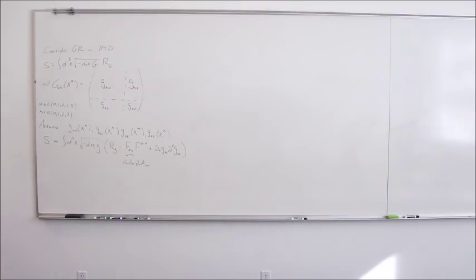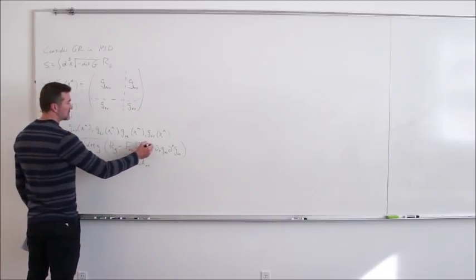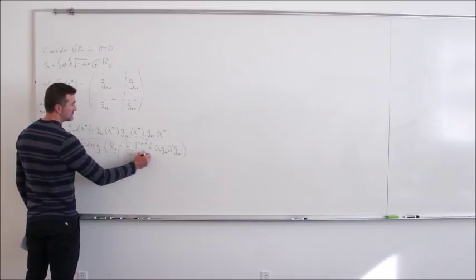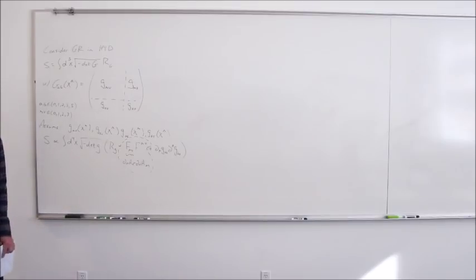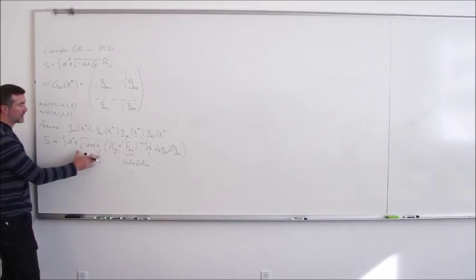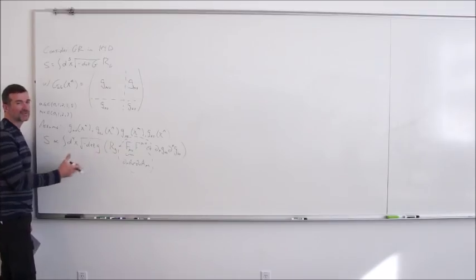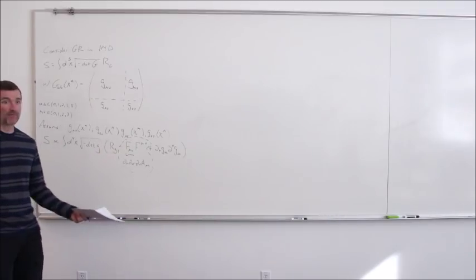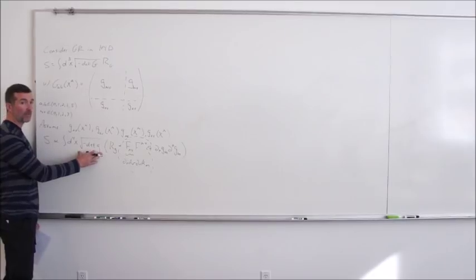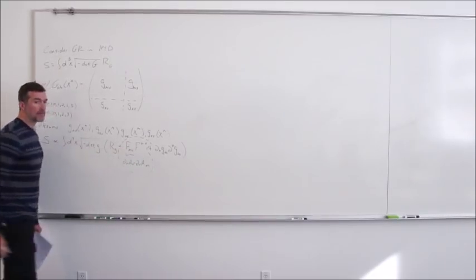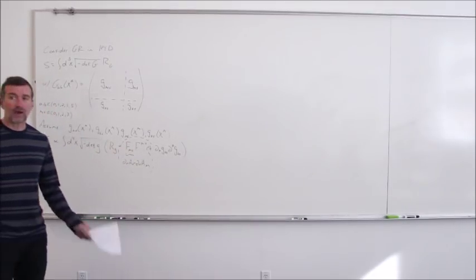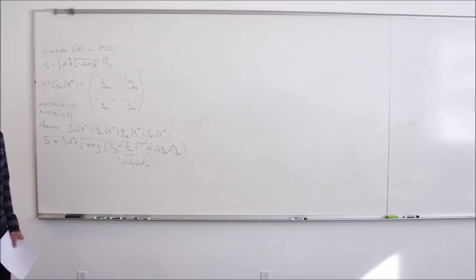Does that look familiar to anyone? The F bit does. What does the F bit remind you of? Maxwell equation. Exactly. This is the electromagnetic Lagrangian. It's in a form a little bit weird because this is the electromagnetic Lagrangian adapted to curved space-time. But you could take this to be a flat space-time if you want, in which case this factor just becomes 1. And this is literally the Maxwell Lagrangian, from which you derive Maxwell's equations as the equations of motion.